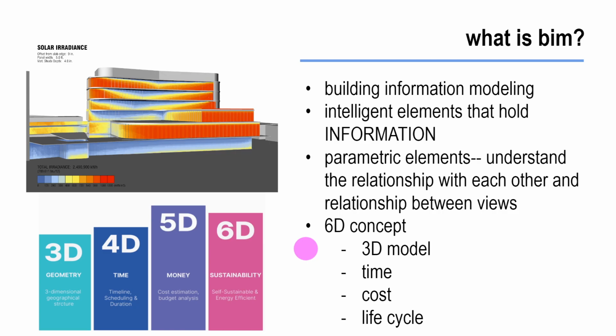I can define the materials in that wall, the R value of that wall. All of those bits of information can be assigned within that component or within that parameter related to the wall. And furthermore, there's going to be information about the relationship between the different views as well as the relationship between the components. So for instance, when we go to place a door, BIM software is aware that a door needs to be put inside of a wall,